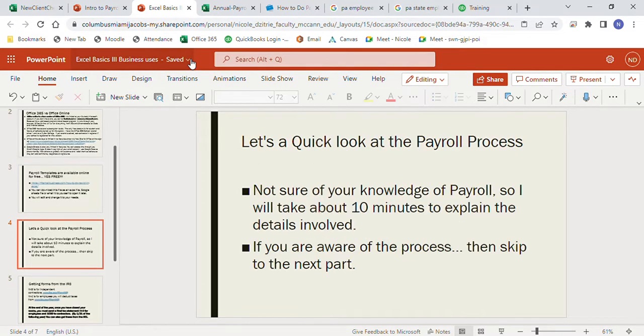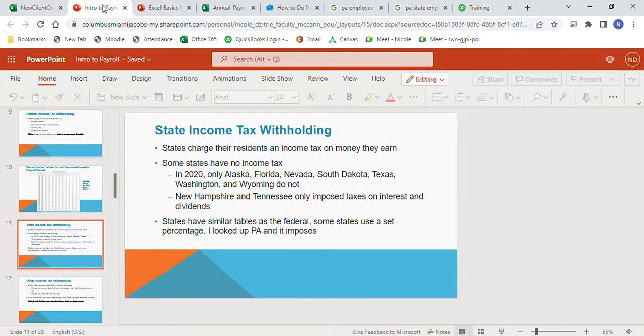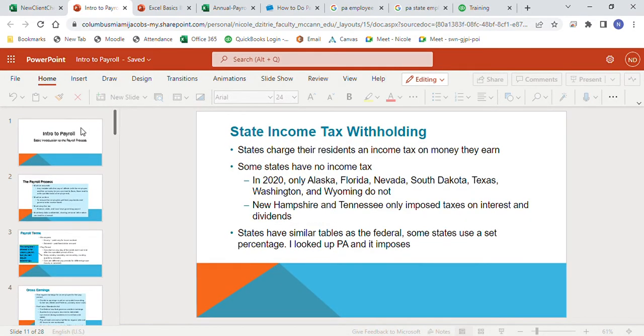We're going to take a quick look at the payroll process first before we look at the template, because I'm not sure where your knowledge is at when it comes to the payroll process. So I'm going to take about 10 minutes to explain the details that are involved in payroll. If you are already fully aware of this process, then skip 10 minutes ahead, and then I'm going to go over that template I just showed you. So here's a little PowerPoint that I do with my students on payroll. Oops, I didn't realize I wasn't at the top, sorry. All right, so